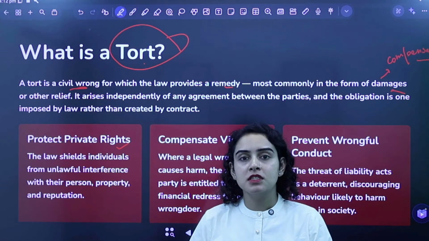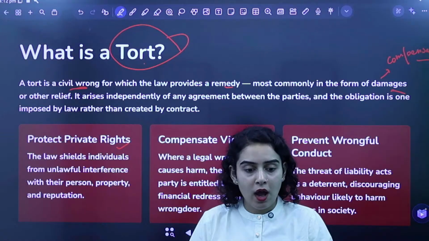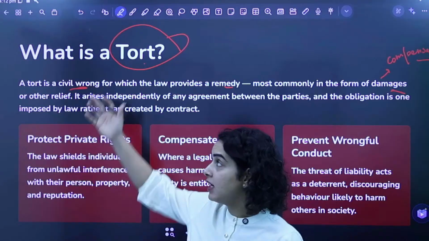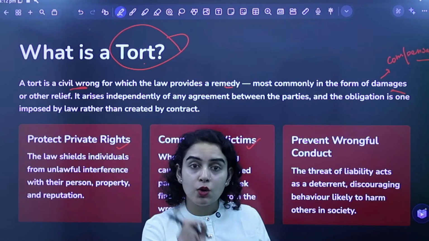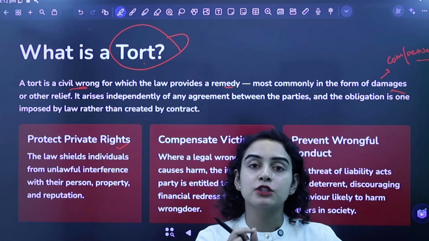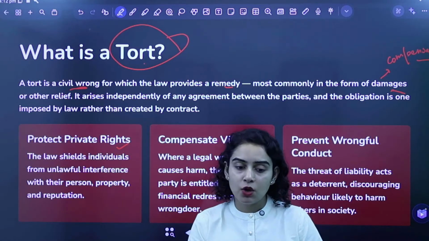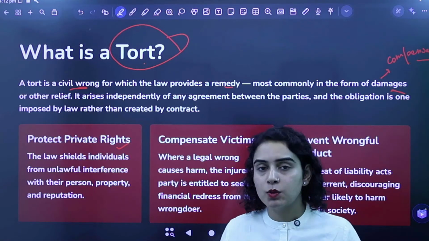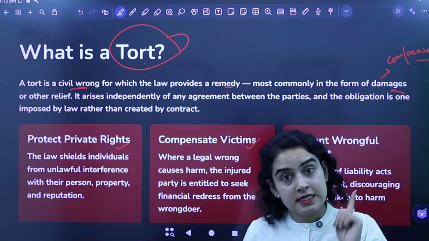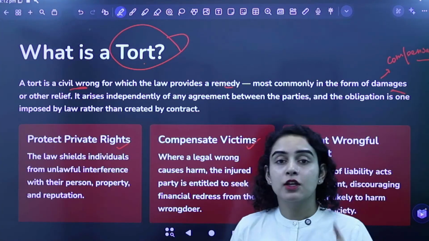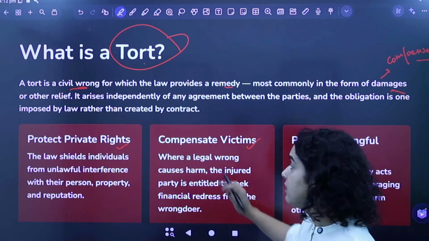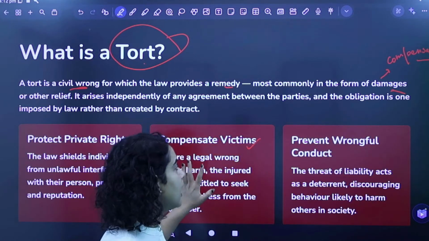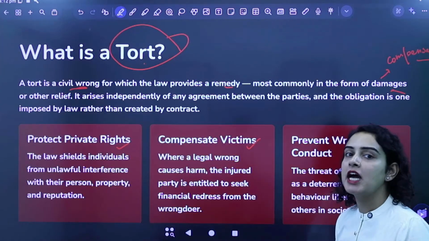तो कितना compensation देना होगा, कौन सा law applicable होगा, इसके लिए we do not have any clear law, कोई legislation नहीं है हमारे पास. That's why we have law of torts. So for any such civil wrongs, अब इसमें भी something really important is that it has to be civil in nature. Any such civil wrong that happens, okay, for which there is no remedy given to us in any specific legislation, but still कोई भी legal injury हो गई है तो उसमें justice देना ही पड़ेगा. That's why we have law of torts to compensate the victim. So अब किसी के साथ भी अगर कुछ गलत हो गया है, then we have to compensate that person, right? For the same, we have law of torts.